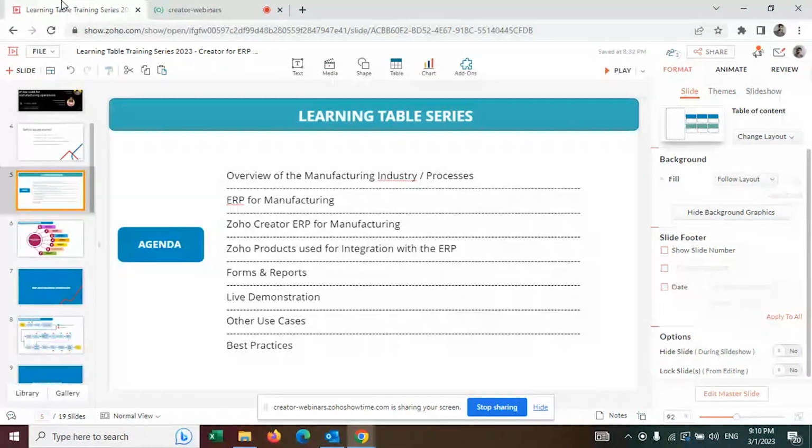What I'm going to do over the next 45 to 50 minutes is take 5 minutes to give an overview of manufacturing industry processes and then dive deep into the solution, taking you through some of the critical components that you will get to see today. As the solution is very large, I may not be able to take you through each of the processes today, but I will try my best to cover most of the critical processes so that you get an overview of the solution. Anyone who wants to do a deep dive later, we will always be happy to connect with you one-on-one. On that note, I'm going to start the presentation.